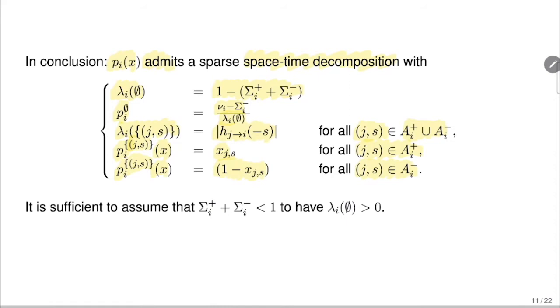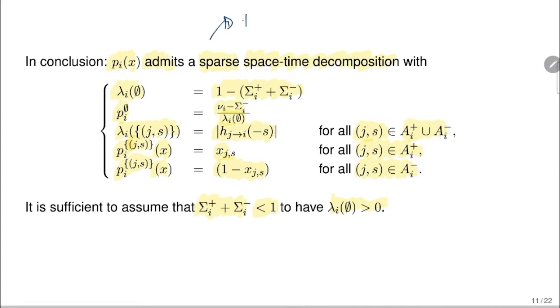And of course, to have the quantity π of empty well-defined, we need to impose that the sum of σ_I^+ with σ_I^− is strictly smaller than 1. And then in this case, λ_I of the empty set is strictly positive, so this ratio here is well-defined. So here, in this case, we have probabilistic sparsity, so that's why we say that π of x admits a sparse space-time decomposition, because